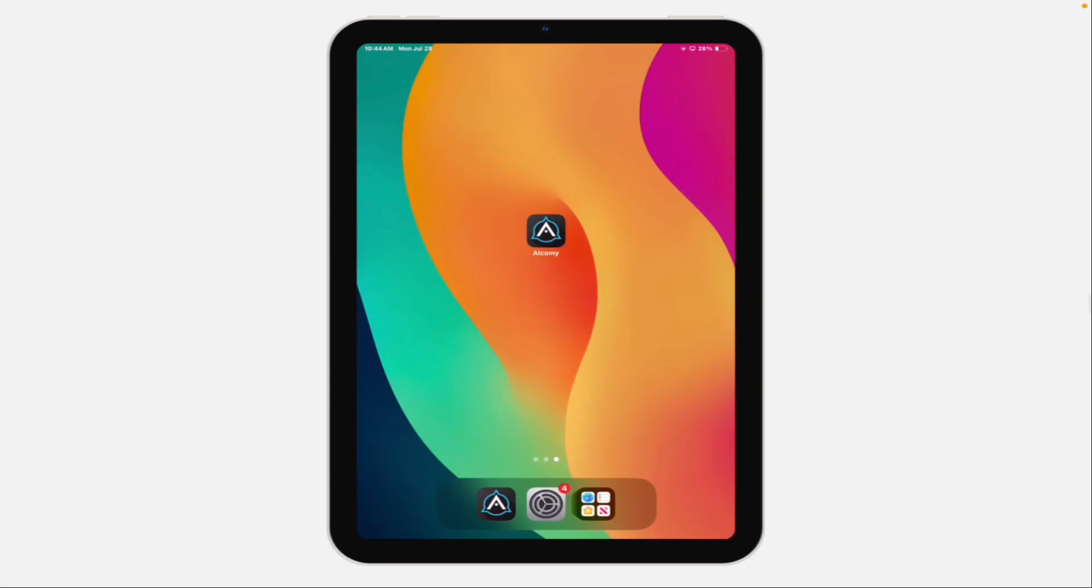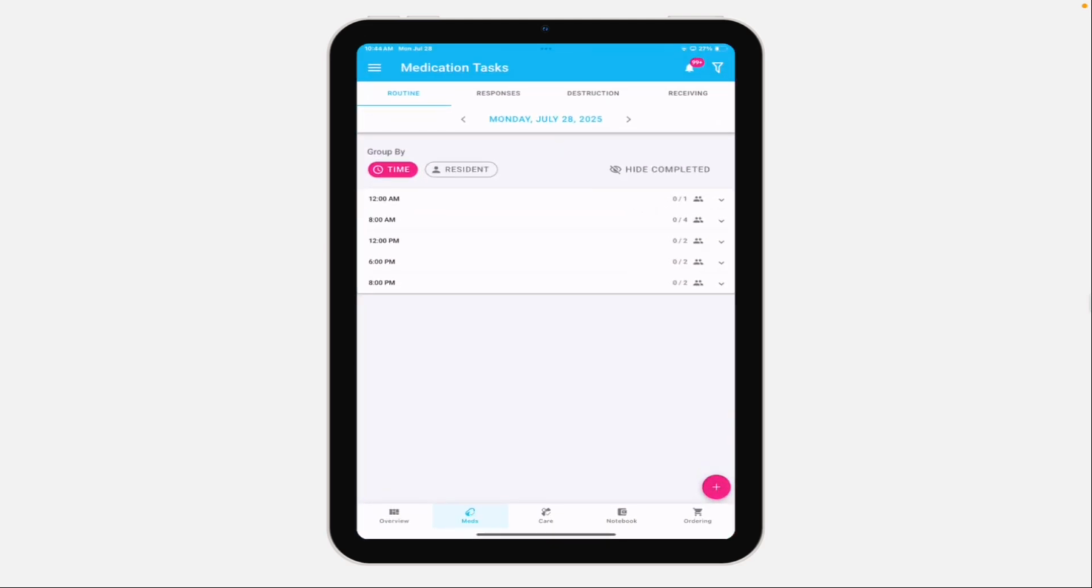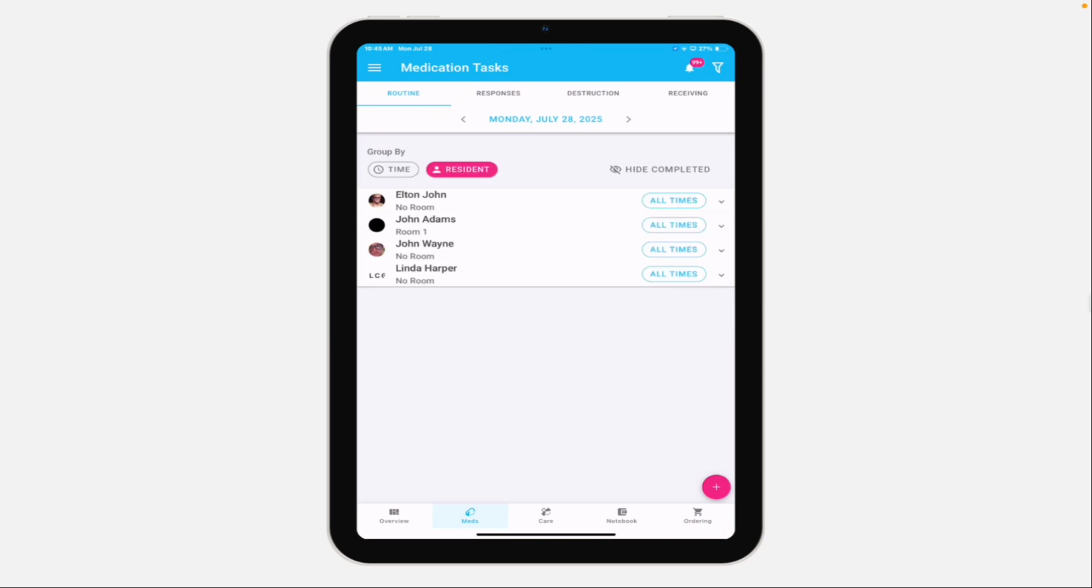This will be a brief overview of Alcomy from the staff's point of view. So just like with any other app, when you're on an iPad, this is the iPad view, of course. You can click on the app here. And the first thing they'll see is medications. There's two ways they can view it. The first is by time, as you'll see here, and they can also click on residence and see it by